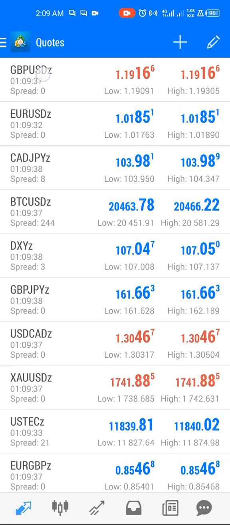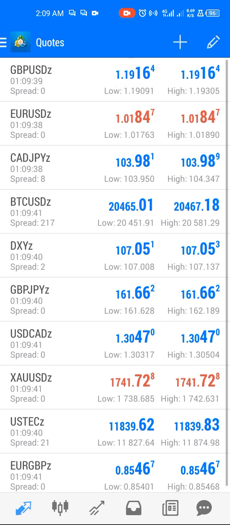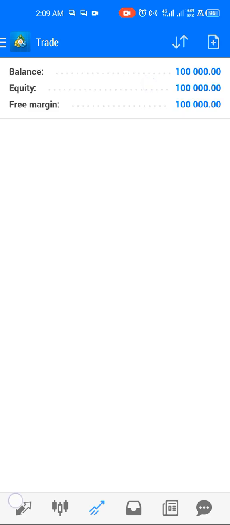Okay, and then it also shows the spread. The spread is showing me 0. That means there's no difference between the bid price and the ask price. Okay,